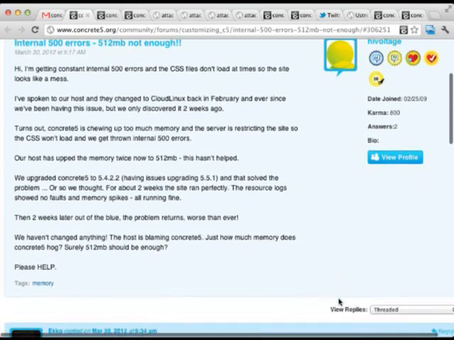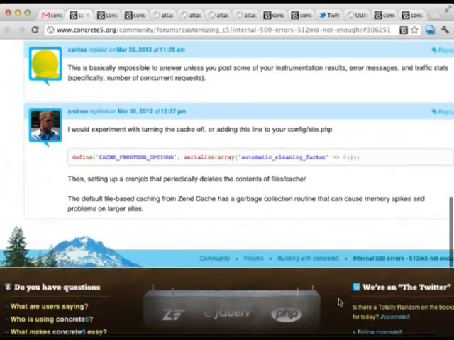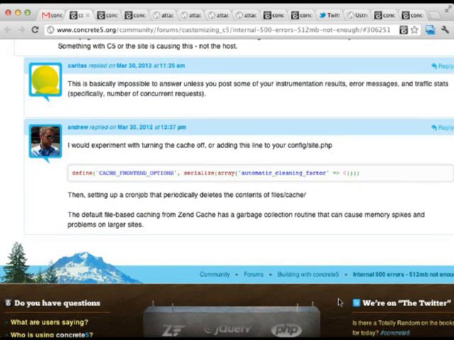Yeah, me too. And that's what I posted. If you scroll down to my response. No, okay. So what I posit is that this is a site using file-based caching, which is not surprising because it's the out-of-the-box default. And it's getting fairly large. And what's happening is